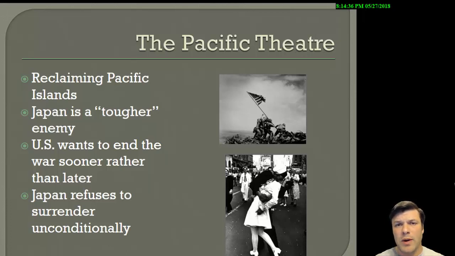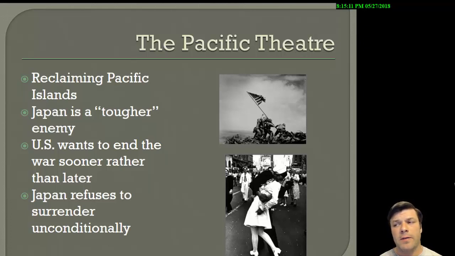There's a really good movie. I like it anyway. It was directed by Clint Eastwood. It's called Letters from Iwo Jima. And there's a scene in that movie where these Japanese soldiers know that they're about to be taken prisoner, and what they do is they commit suicide. They hold grenades up to their chest and blow themselves up rather than, in their own minds anyway, suffer the humiliation of being taken prisoner by the enemy. And so Japan's the tougher enemy in the sense that they're not going to surrender politely. They are going to fight you to the last man.